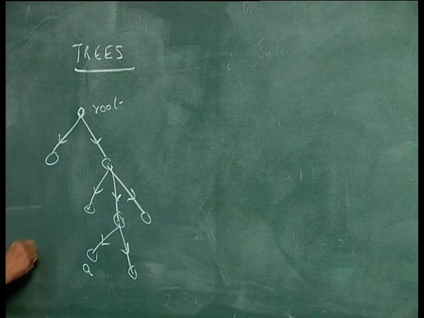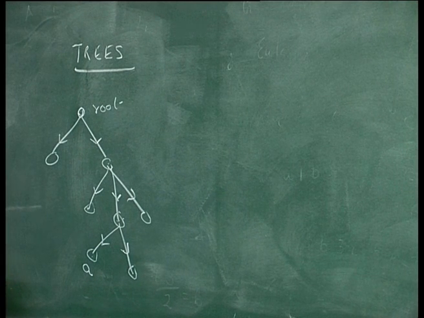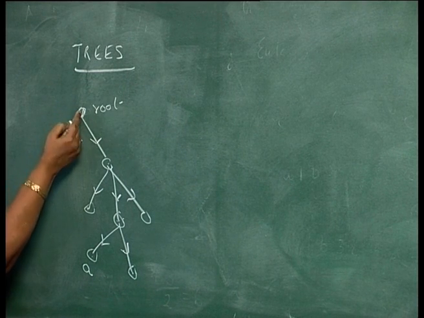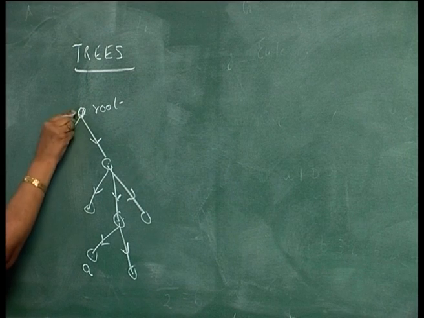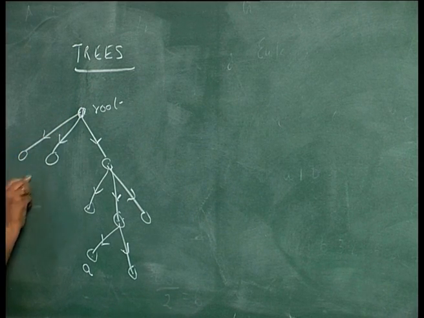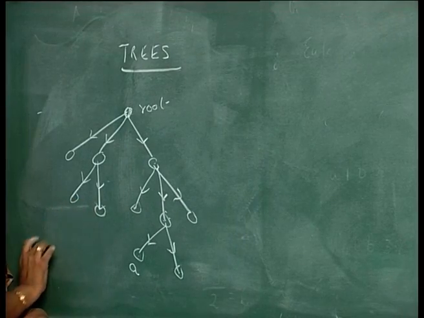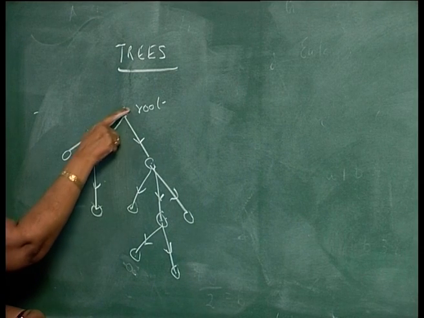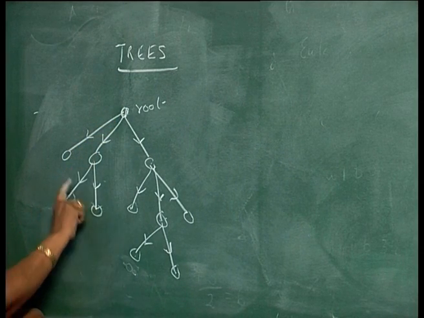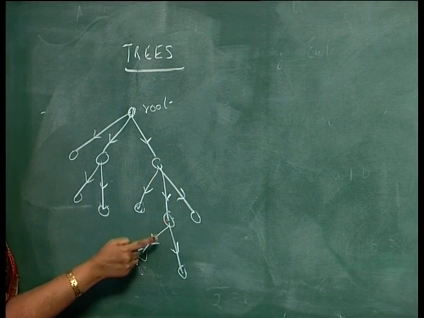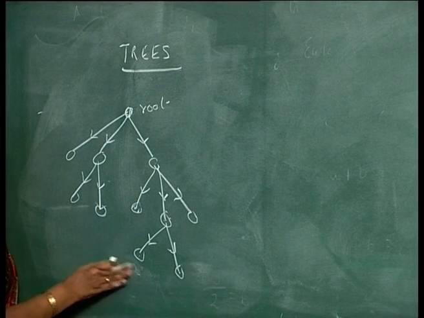So, a tree has such a structure and it is used as a data structure in many cases. For example, look at this. This is the root. It has in degree 0. Out degree may be anything. It can have 3, something like this. You may also have something like this. And if you take any node, there is a directed path from the root to that node. Any other node will have in degree 1. Only one edge will be entering into that. Out degree can be anything.